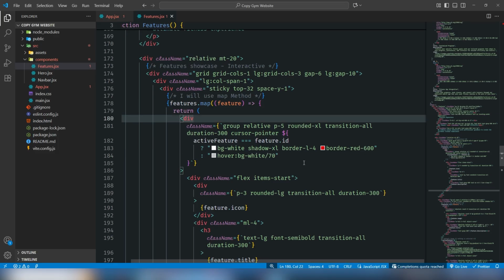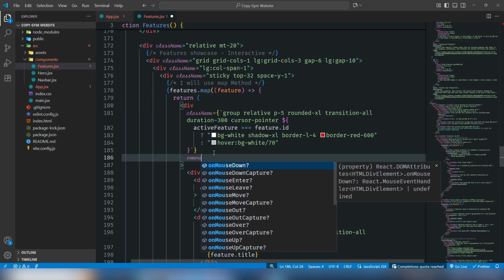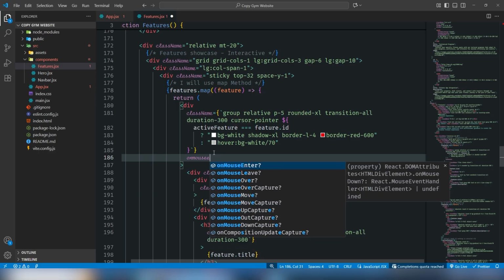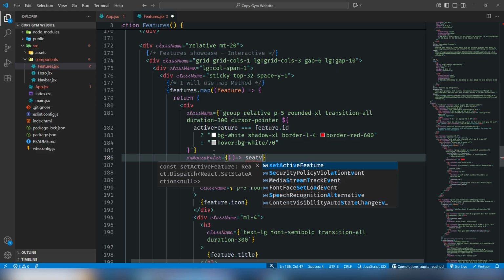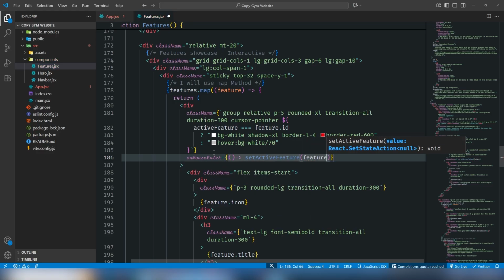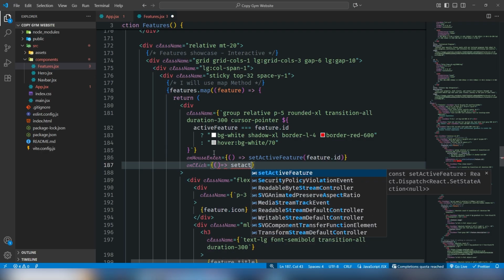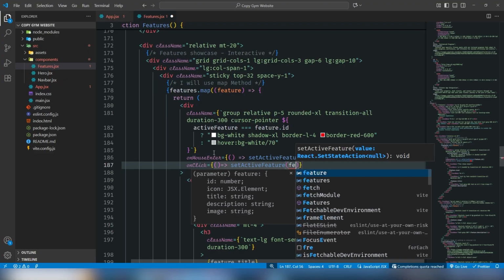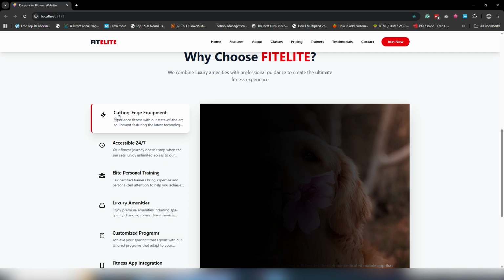Okay, so bg white shadow XL. Okay, yeah. And after this one, I'm going to add the event onMouseEnter. I'm calling the function setActiveFeature with feature.id, and I will also add another event, onClick. setActiveFeature with feature.id, like this. So let's see. As you can see, guys,